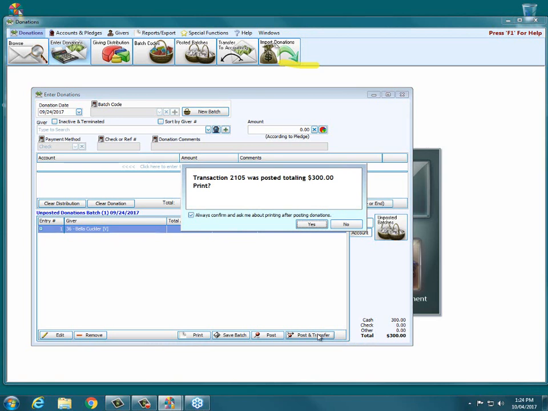It's going to ask me if I want to print the batch report for it after it's been posted. You can say yes or no to this, but if you don't care about printing those particular reports, you can uncheck this Always ask and confirm me about posting donations button. If you uncheck that, any other time you post or post and transfer, you won't get the pop-up asking you if you want to print the report. But if I say yes to it,